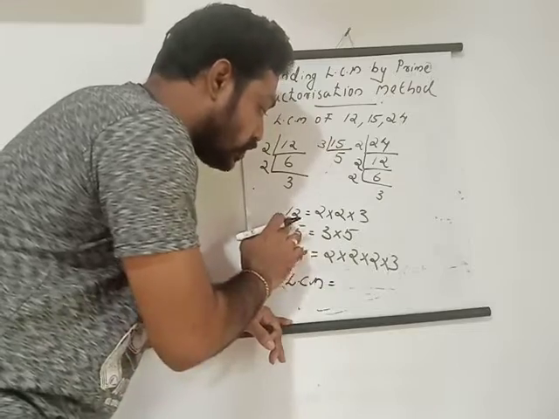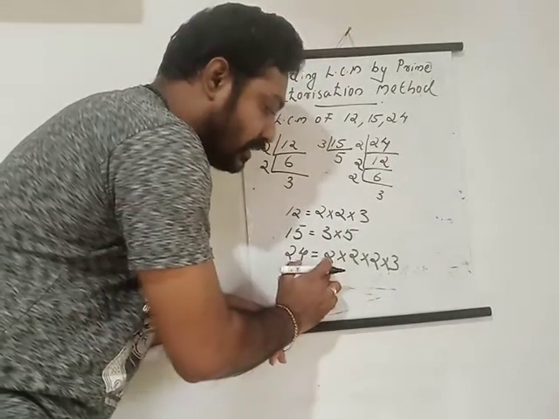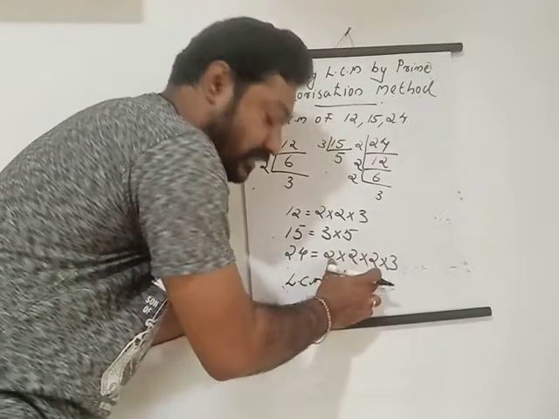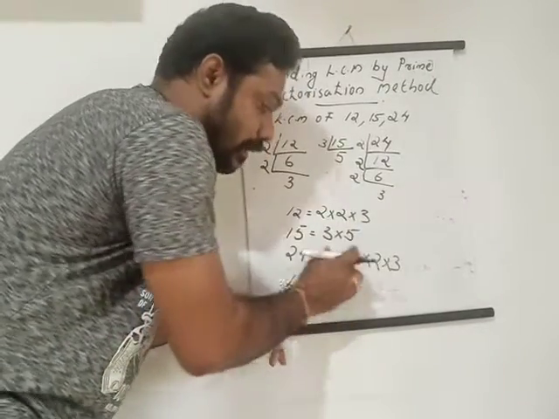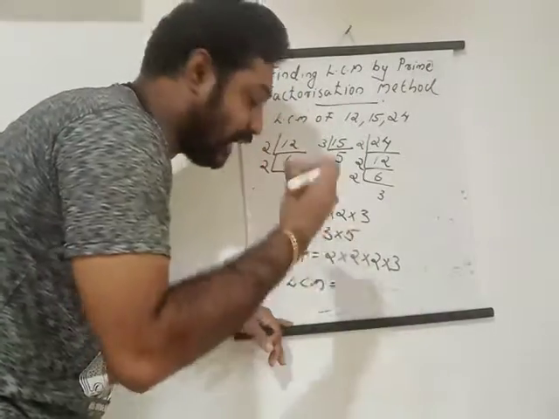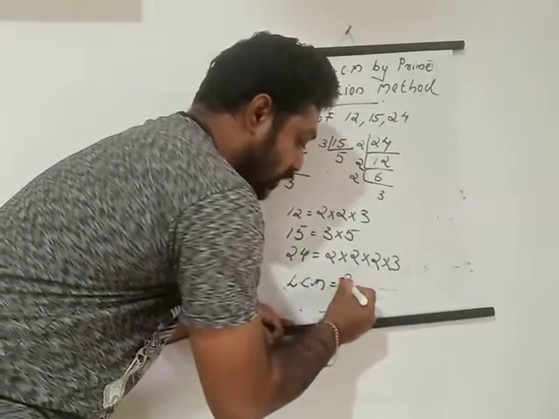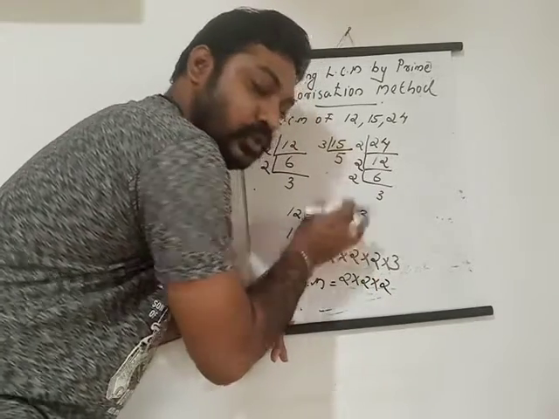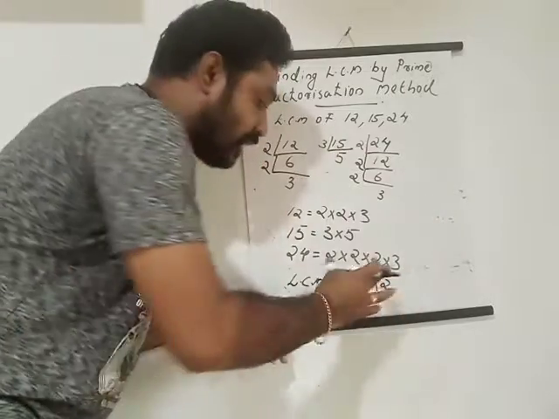You can see that in the case of 12, two 2s are there, but in the case of 24, how many 2s are there? Three 2s, isn't it? So that one you have to take. In whichever the number is repeating the most times, that one you have to take. So you get 2 three times, that one you have to write. Leave the two 2s, you don't need to take that one.